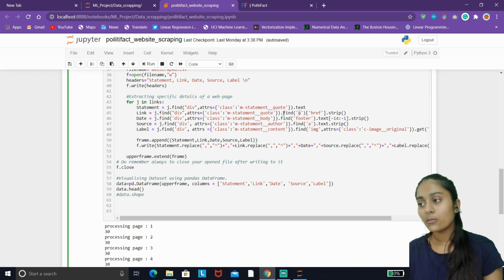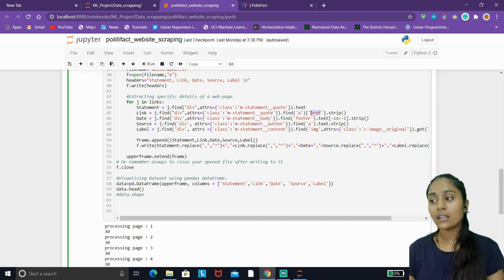So dot find a will do the work for you, and to get the value of the link, you have to use square brackets, and within those square brackets you have to specify this href value. And the dot strip function will strip any kind of newline or other whitespace it may contain.